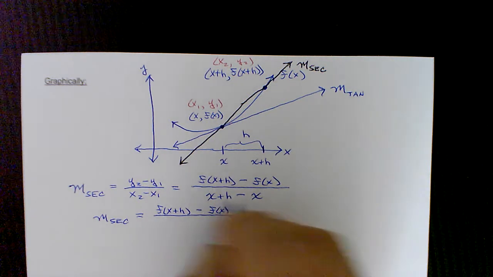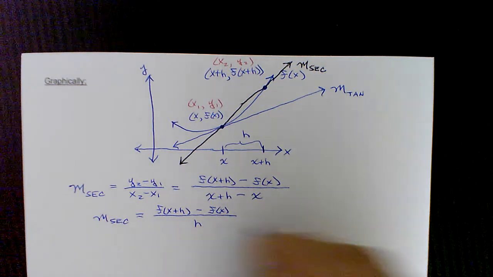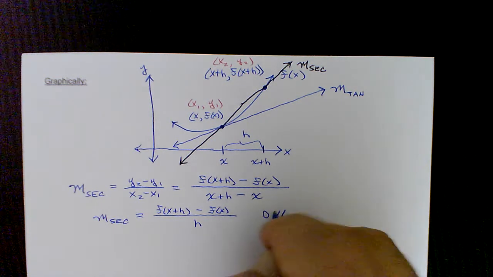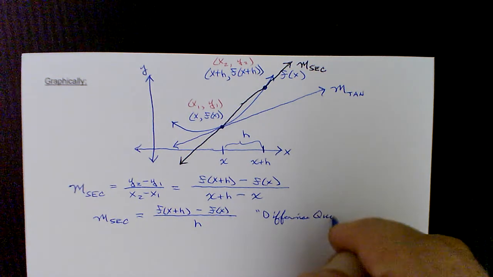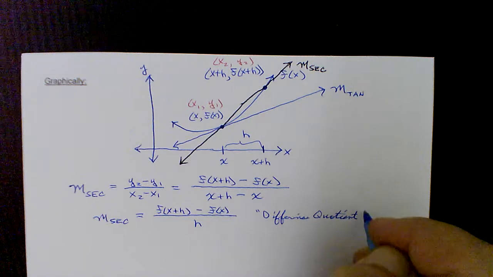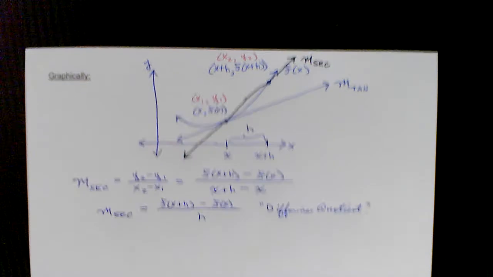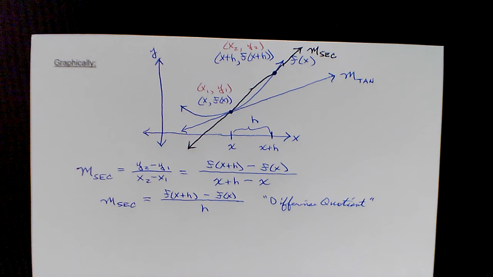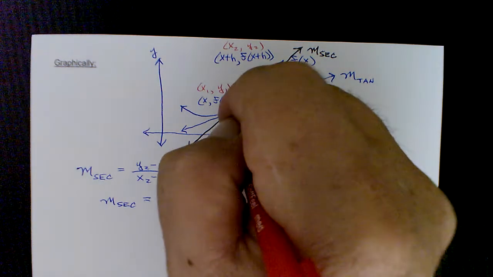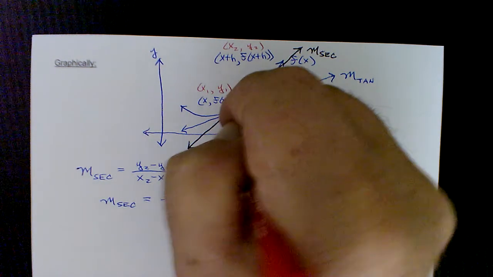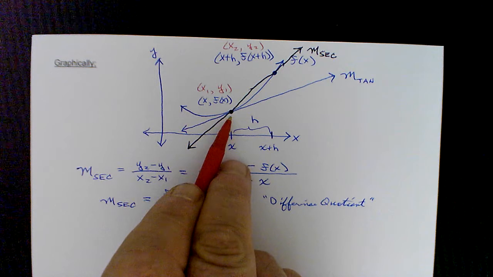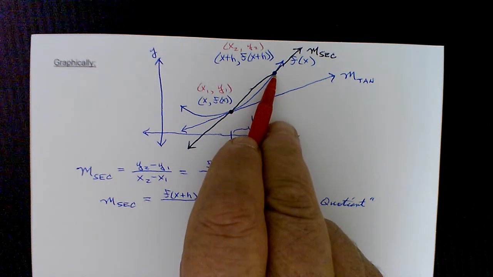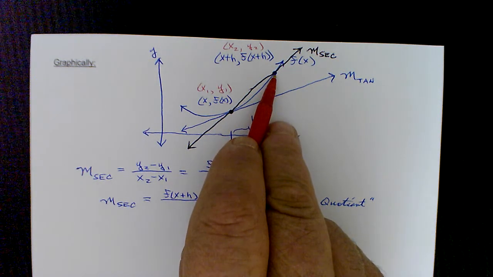But obviously in the denominator we can cancel the x's and we get h. This is what is referred to as the difference quotient. So the difference quotient is the slope of the secant line. And now to realize the slope of the tangent line, what we could do is keep this point fixed, the point where we're interested in the tangent, so right here, and move the point that creates the slope of the secant line down the graph of the function